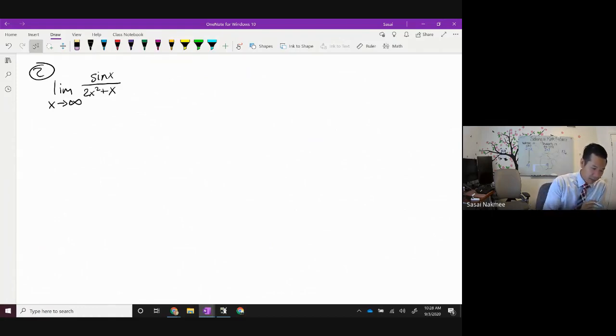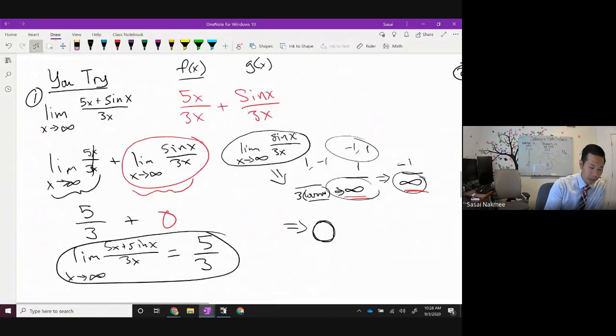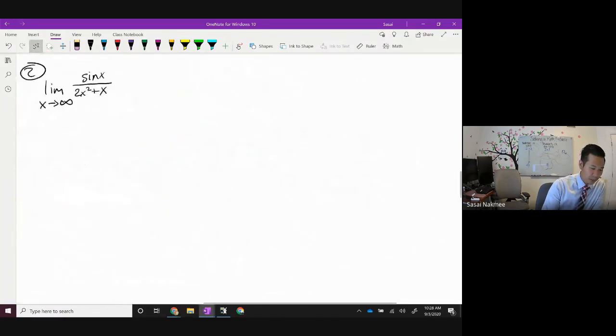All right, let's take a look at this one. This one I can't split into 2 functions. I hope you can see that. I cannot split this because the plus sign's in the denominator, and denominators don't work that way where we can split them into 2. Right? If the addition is in the bottom. You can only do that if the addition is in the numerator, right? So back over here,